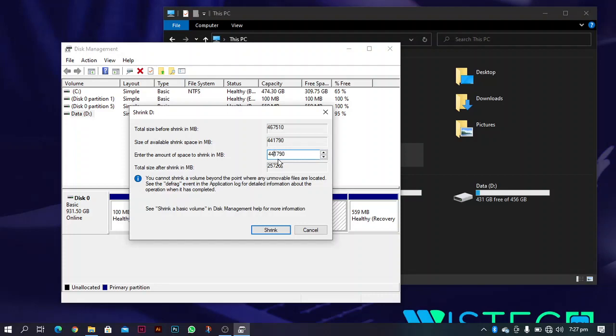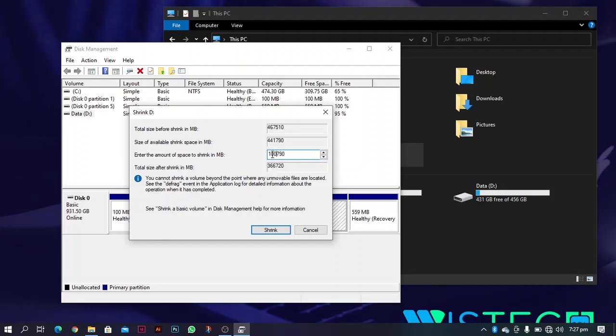So now I'm going to delete the 44 here and put 100. So make sure that after the 100, the number of figures to the right should be 3 because it's in megabytes here. So this is 100 gigabytes. Now after shrinking, we are going to be left with 366 gig. So now we want to shrink 100 gigabytes. So as you can see, we have 100 and 790,